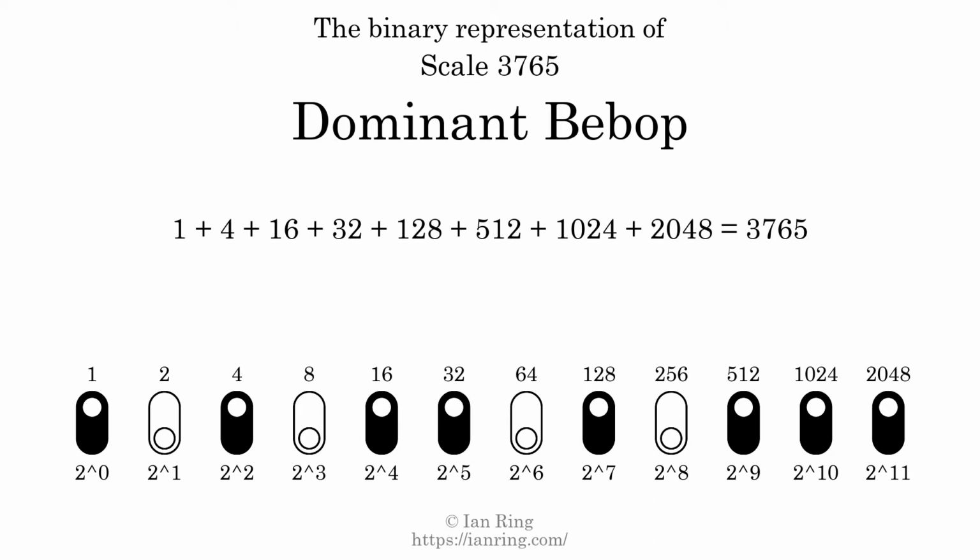That is why the scale number, in decimal, is 3765. The scale number not only enumerates the scale with a unique index, but it also literally describes the tonal content of the scale. Represented as a binary number in base 2, the scale number is